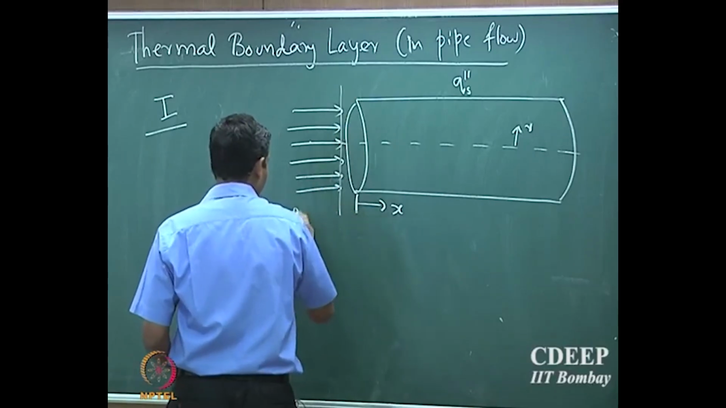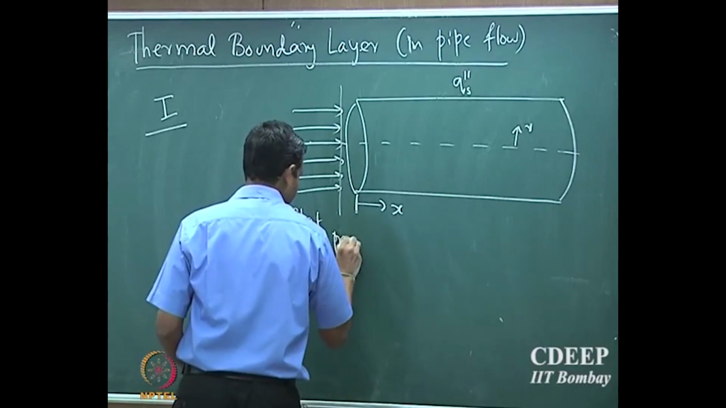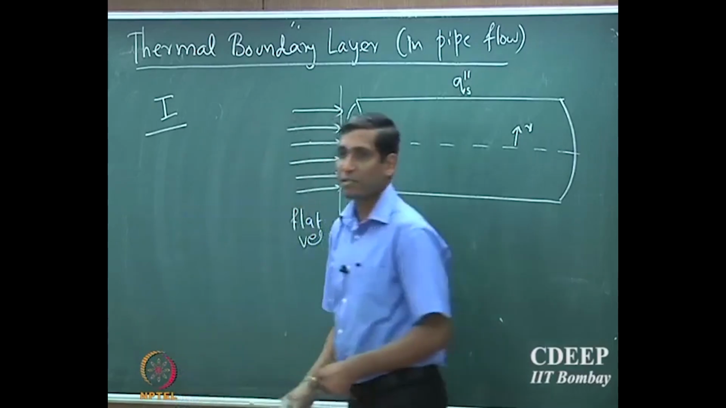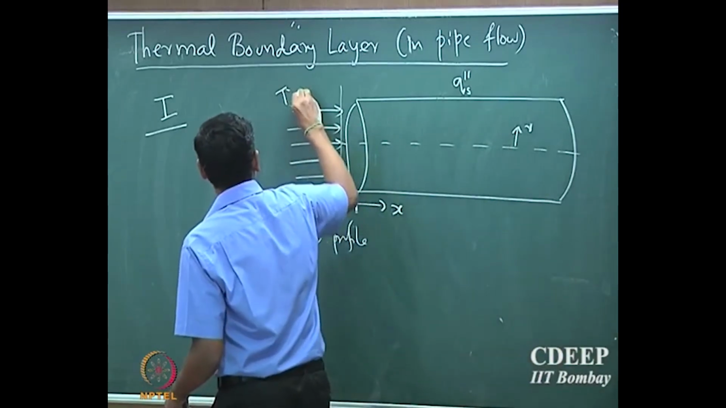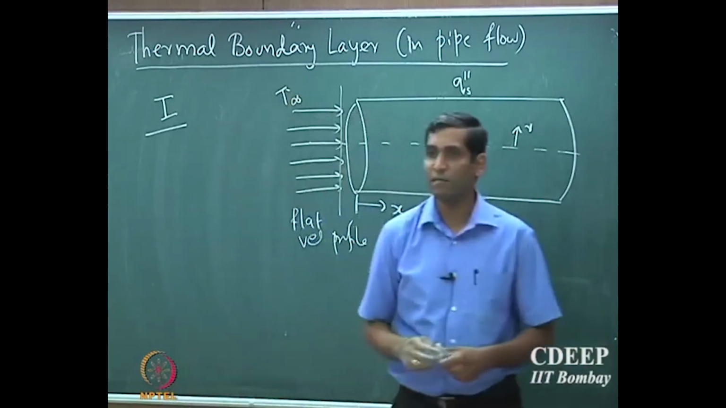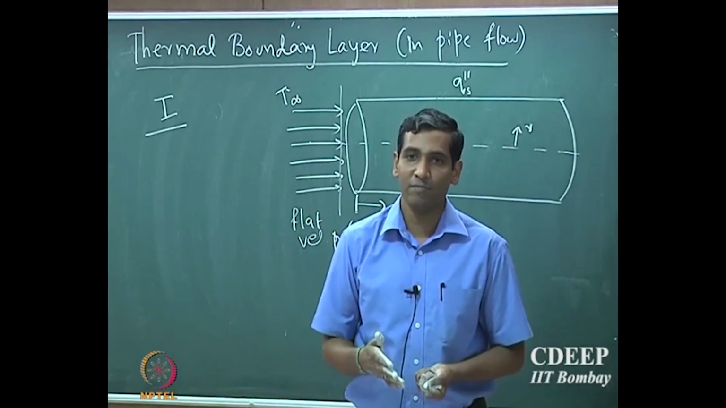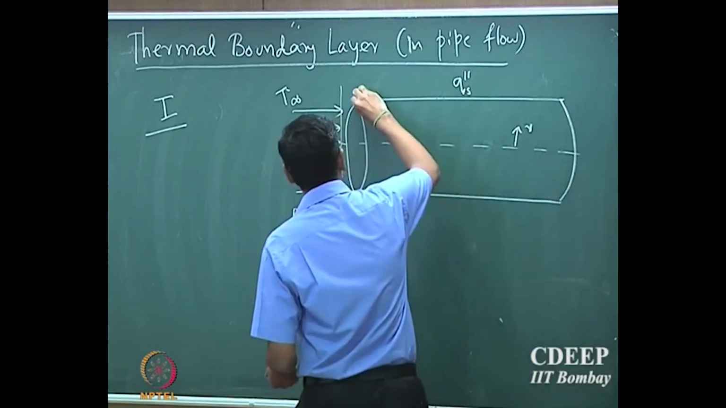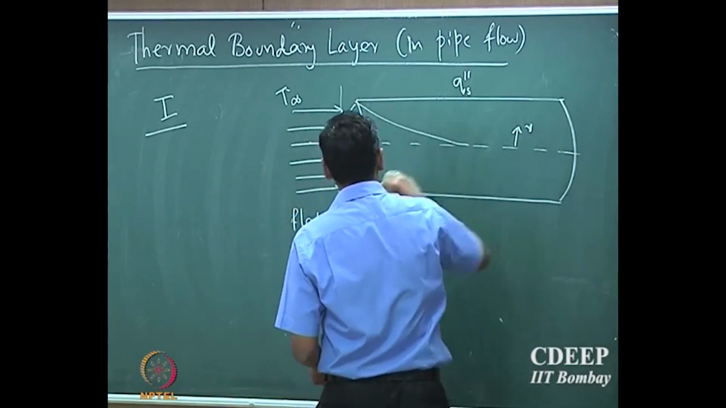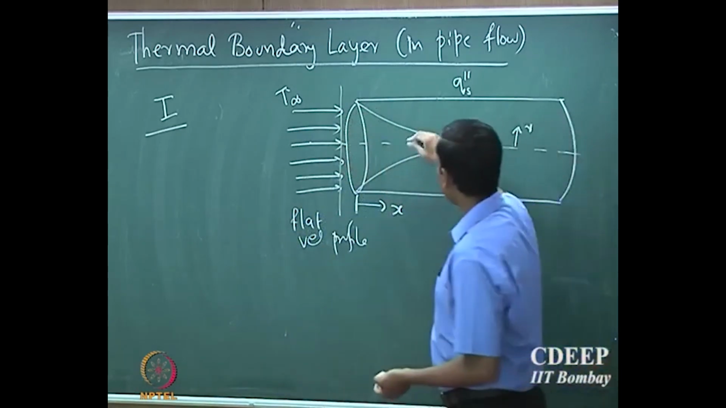So if I say that the fluid is now flowing inside the tube, and if I assume that it's a flat velocity profile before it enters the tube, and if I assume that the temperature is T infinity, okay, so that's the temperature of the fluid before it enters the tube. Okay, so now similar to momentum boundary layer, I'll also have a thermal boundary layer, where the effect of